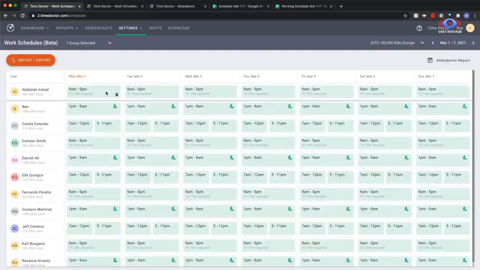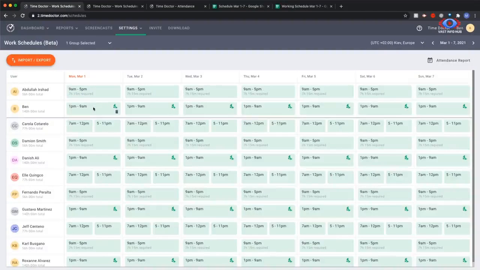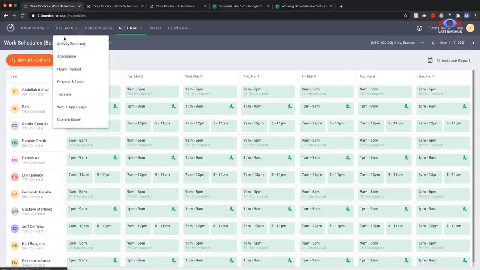Each green box indicates a shift arranged much like your spreadsheet. If a shift had a minimum required work time, you will see this indicated beneath the shift time frame. If the shift overlapped one day to the next, a moon icon will appear in the upper corner of the cell. If you then go to your attendance report found in the Reports drop-down menu, you will see data populating